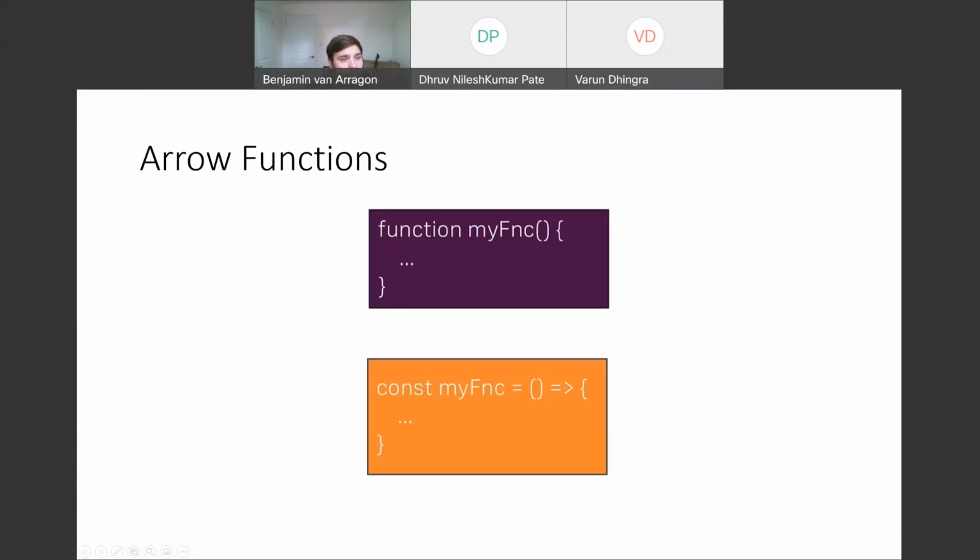Very good. So the next thing I want to talk about is arrow functions. Arrow functions are a different syntax for creating JavaScript functions. An arrow function is stored in a constant here in this example in orange, where the purple is the old version of creating a function. So you might be used to function, then the function name, then the parameters it expects, and then curly braces with the logic inside. Well, with arrow functions you can store your function in a variable or a constant